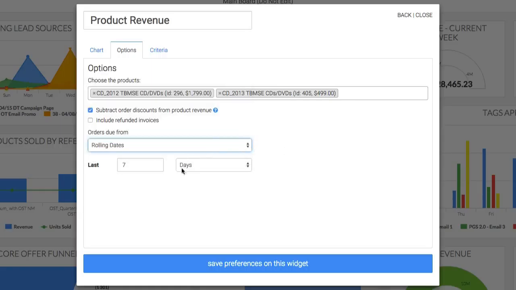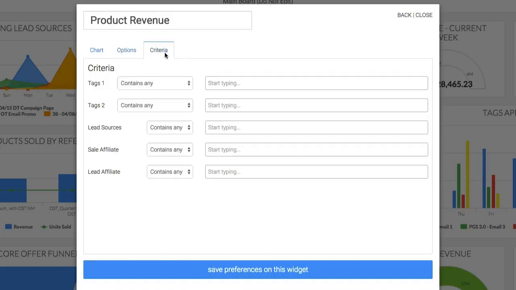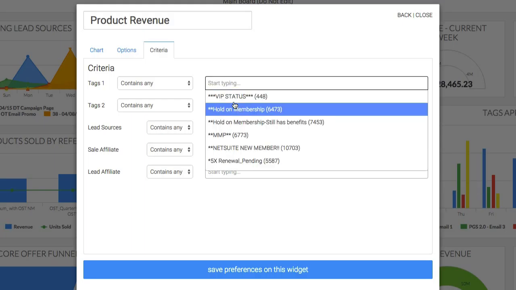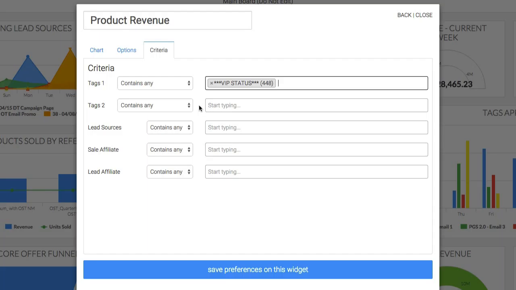Once you've chosen your date range, the next thing that you'll want to do is actually come in and select the criteria. Under the Criteria tab, you'll be able to take this single template and create all kinds of different reports with valuable insights as you combine the different criteria. So we could actually use a couple of tag criteria here and say, show us everyone who is of this specific demographic, so maybe a VIP status, who doesn't have,